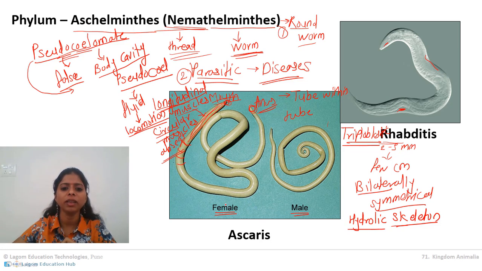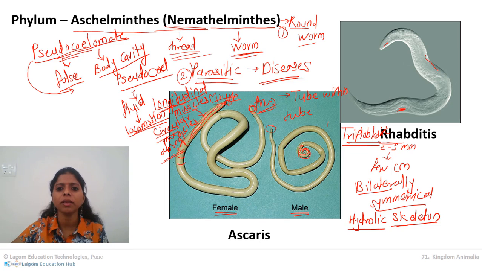You can easily locate the female, as she is very large, but on the other hand males are a little smaller. Now it is easy to differentiate between male and female. Whenever there is a male, look at its posterior end. This is its mouth, this is the anterior end, and this is the posterior end.